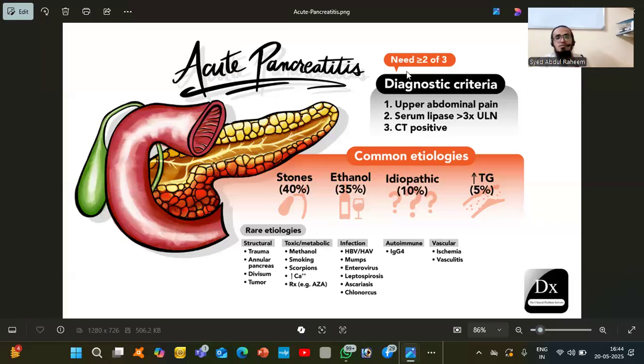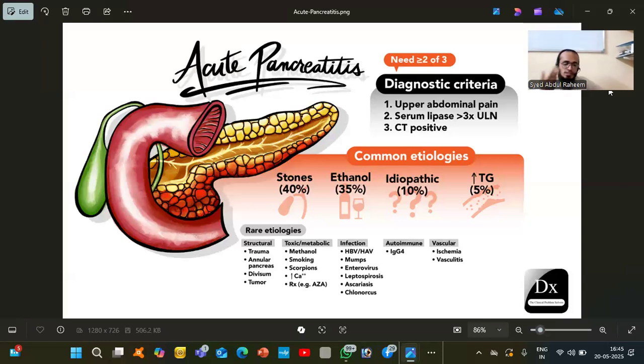So how can you diagnose this? You have abdominal pain. If you check the blood value, if you check serum lipase, means the pancreatic juice, it will be more than 3. CT scan, after doing a CT scan, CECT abdomen will show positivity. Okay, so these are the features of acute